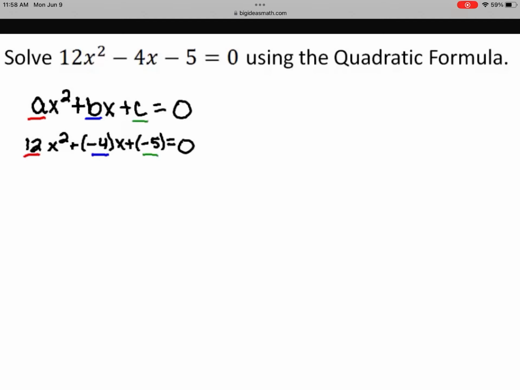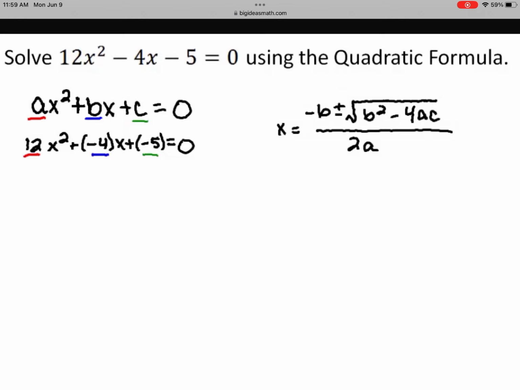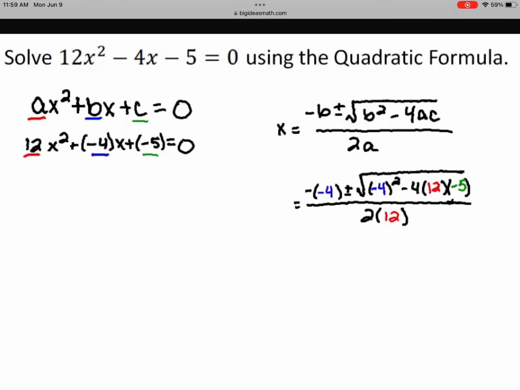The quadratic formula says the real solutions of the quadratic equation ax squared plus bx plus c equals 0 are x equals the quantity -b plus or minus the square root of the quantity b squared minus 4ac divided by the quantity 2a. Substitute 12 for a, -4 for b, and -5 for c. The negative of -4 is 4. The quantity -4 squared minus 4 times 12 times -5 simplifies to